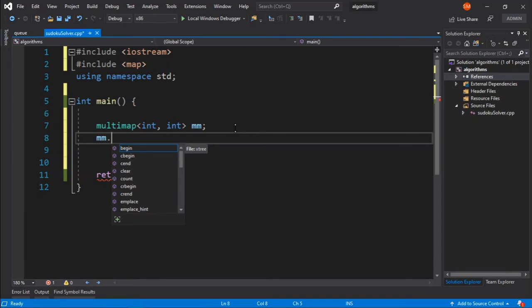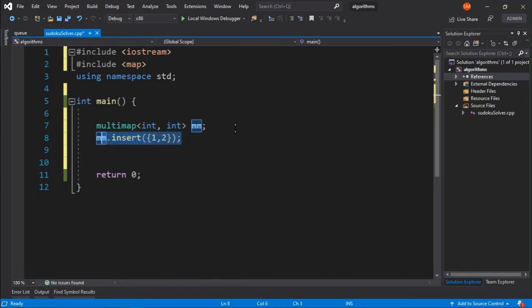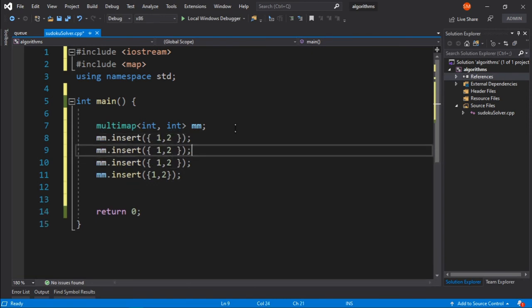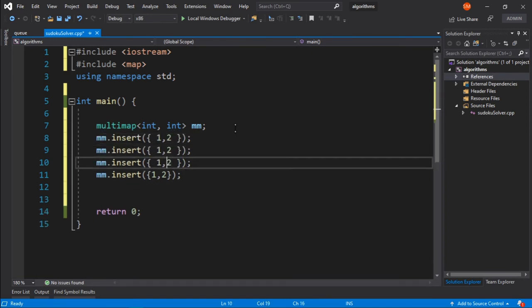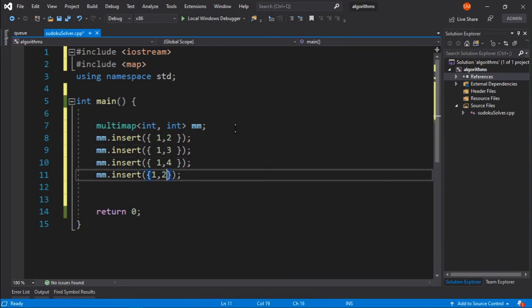To insert a value into this multimap, just like map or unordered map, you say mm.insert, and then you give a pair here. In this case, I am just going to use our shorthand syntax to do that, and I am going to insert 2 for 1. But the difference that multimaps have from map, I'm going to show you, is that I can have the same keys for multiple values. This is the most interesting thing about multimaps. You can do that in multimaps, but you can't do this in maps.